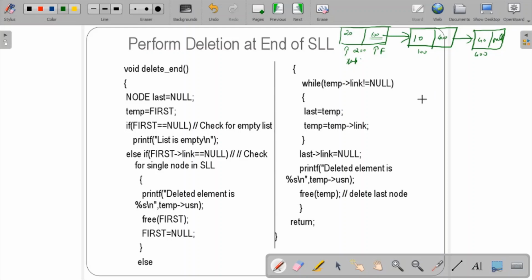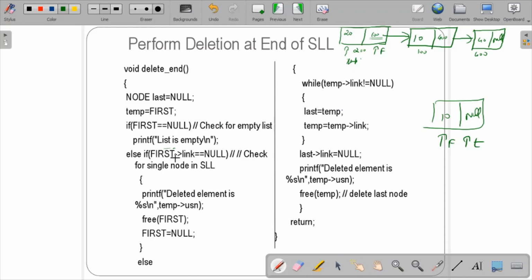Imagine if your first was null, then this condition, list is empty. If you had just one node, like 10, and the only thing left was null, then first was this only and temp was also this only.